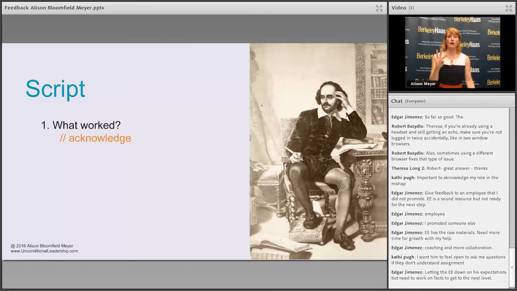Here, I have a 4-part script. The first part is when you go into a feedback conversation, start with what worked. This is a generic script for all feedback situations and debrief situations. The goal is to work people through, start with the connection with the people, the psychological safety, and then move